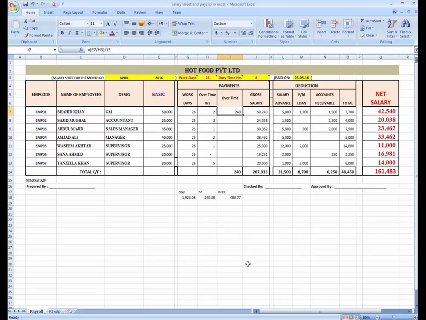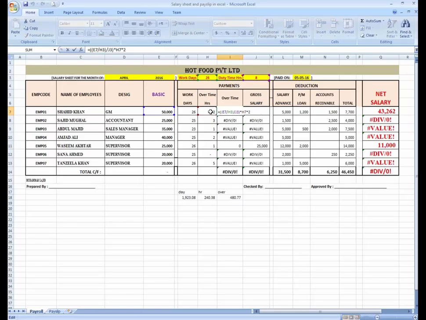Now I have to double this one because of overtime, so I am going to multiply by 2 for double, and just press Control D.